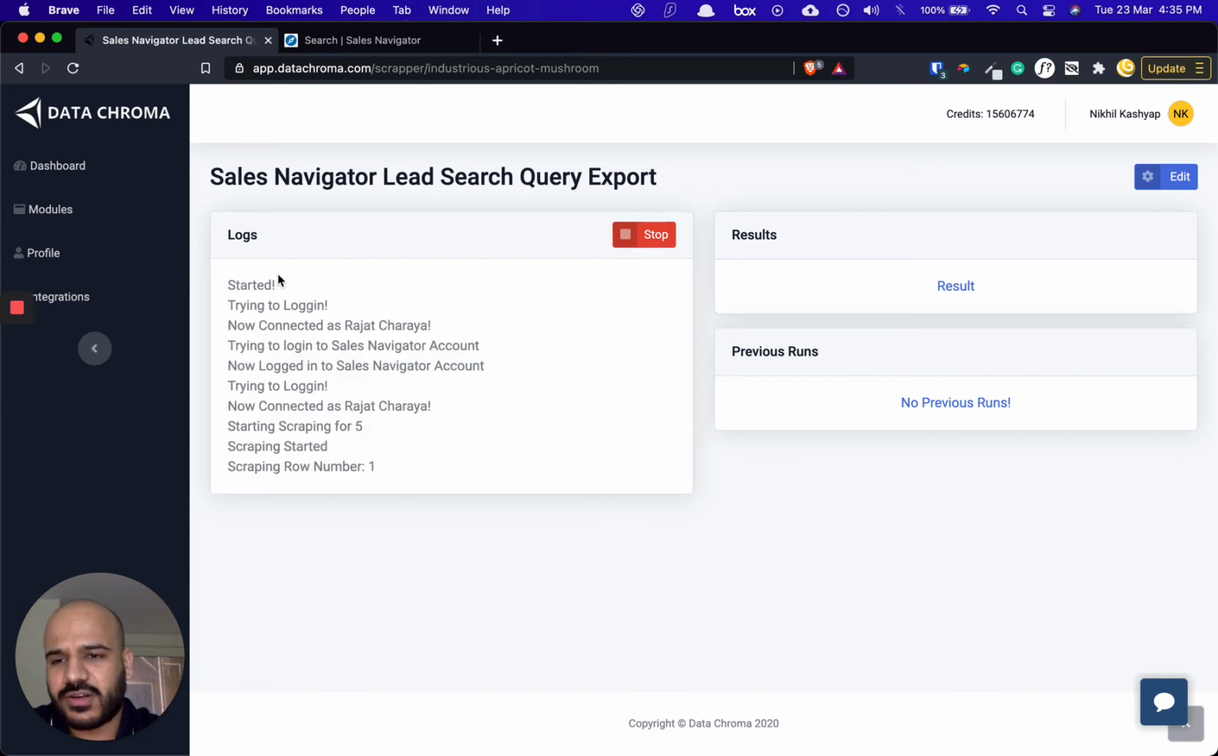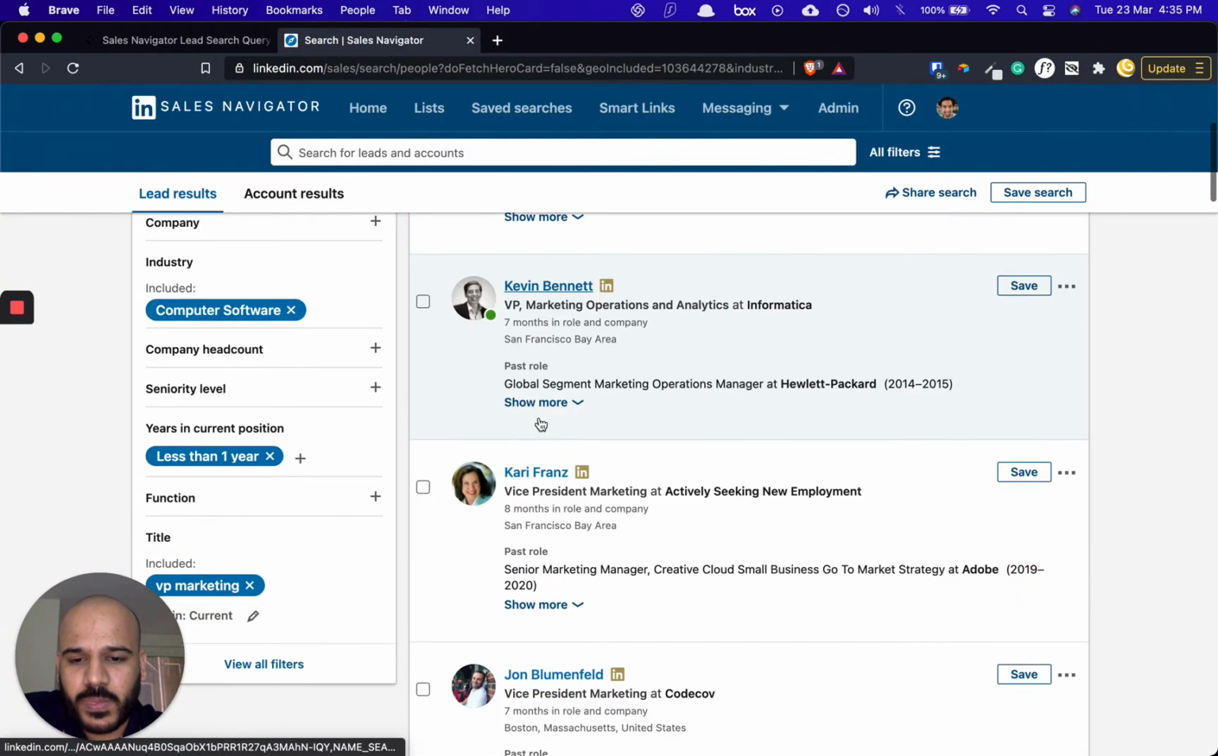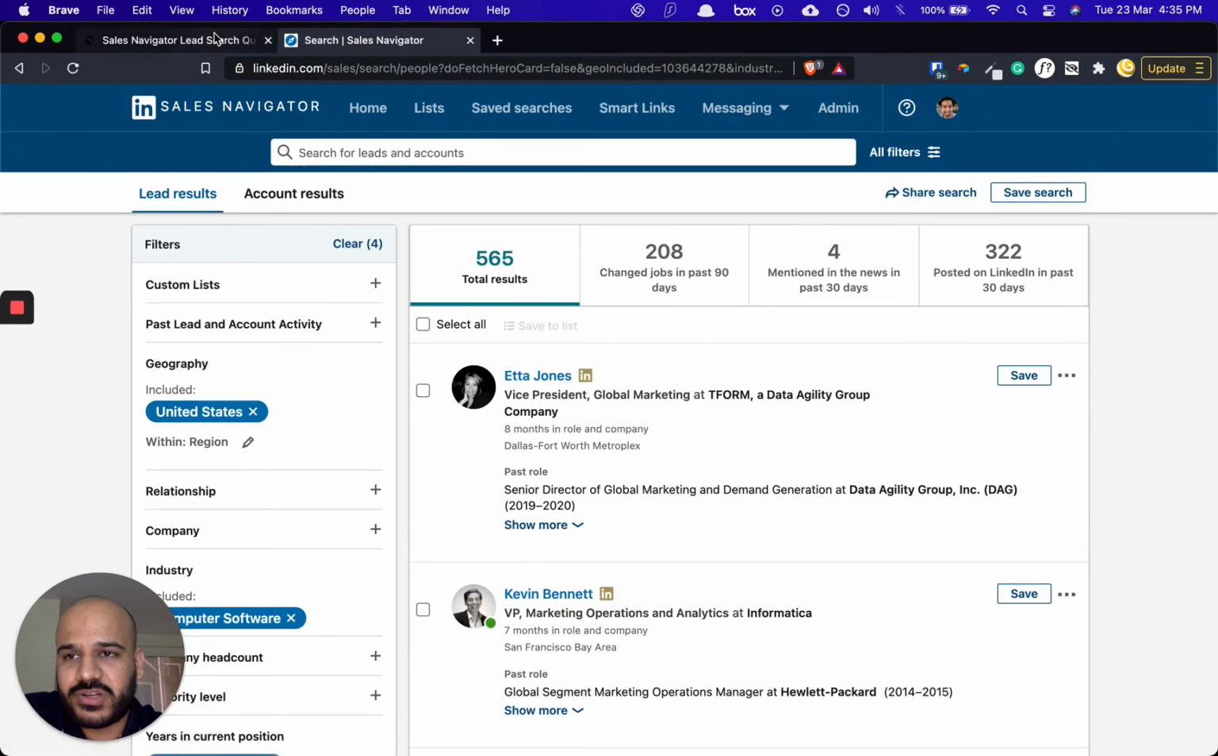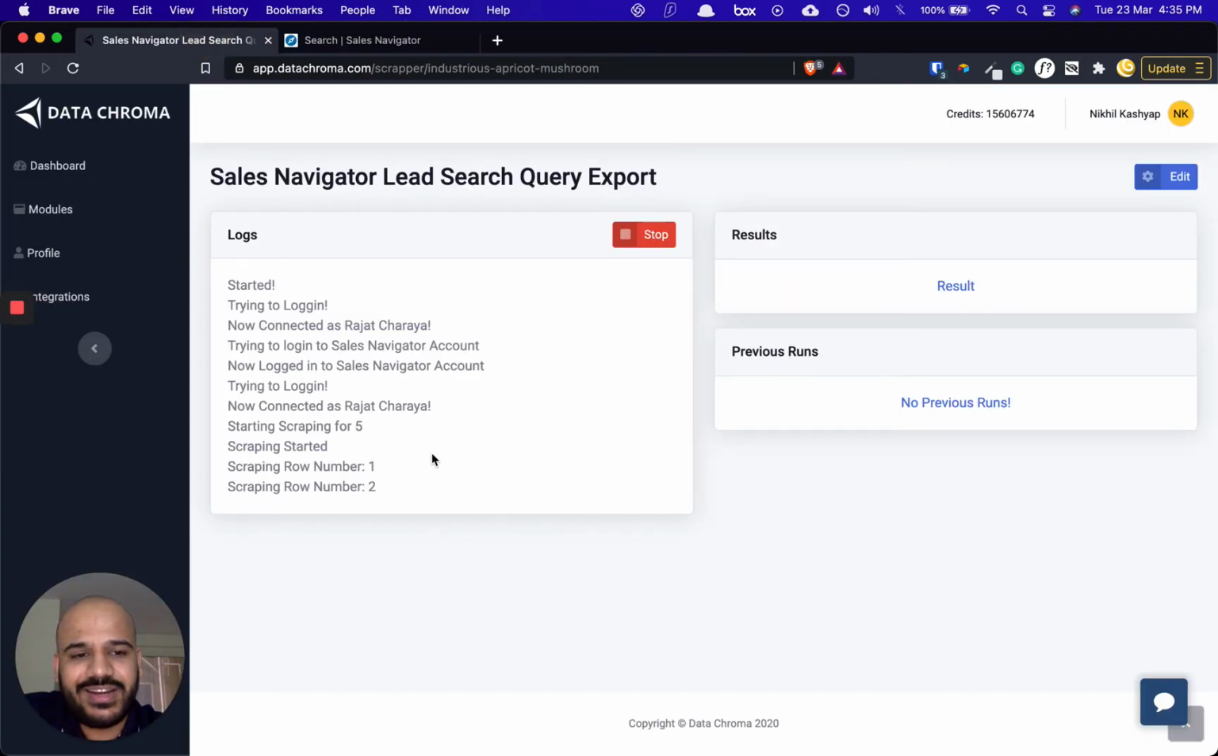You'll see logs getting generated here. So it has currently logged into the Sales Navigator account, and it has started scraping these first 5 people. Once the operation finishes, you'll get an email notification. You can also connect your Slack account here and get explicit notifications on your particular Slack channel. Yeah, so it's currently scraping the fourth row, and once the module is done with the operation, I'm gonna download